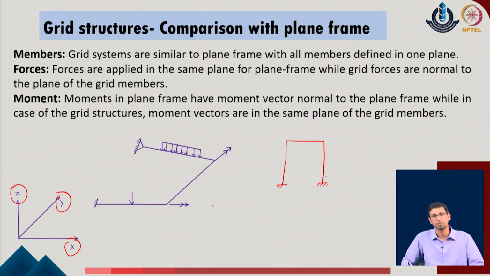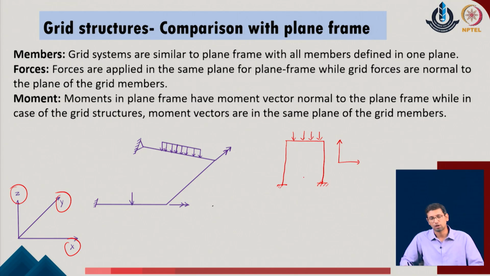So, when I say plane frame, it typically means that the given members are located in this coordinate system. Members are only in this plane and the loading provided in the system is also in the same plane. So, at any point of time the out of plane direction, which is the third direction of the given system, is not going to interact with the geometrical dimensions of the given system as far as the loadings or the member dimensions are concerned. Everything is defined in the same plane on which the given frame is located.